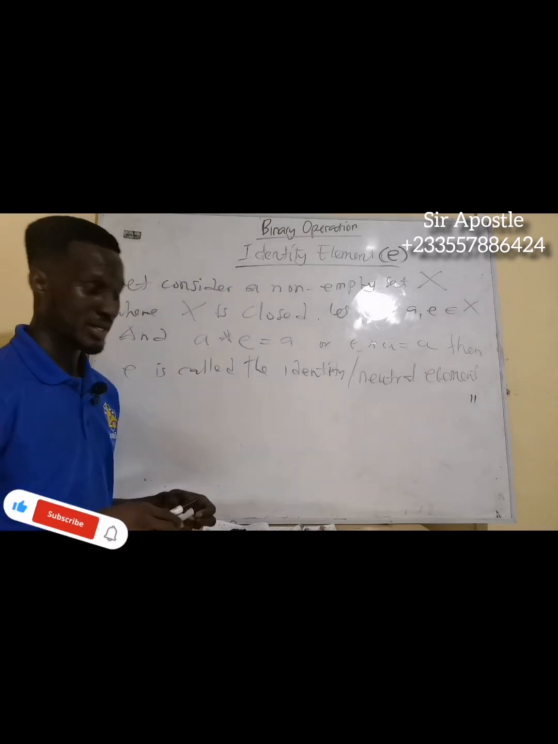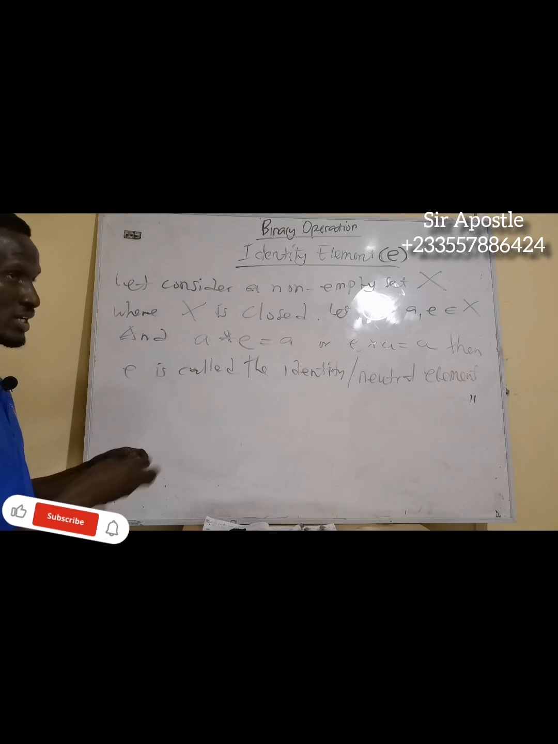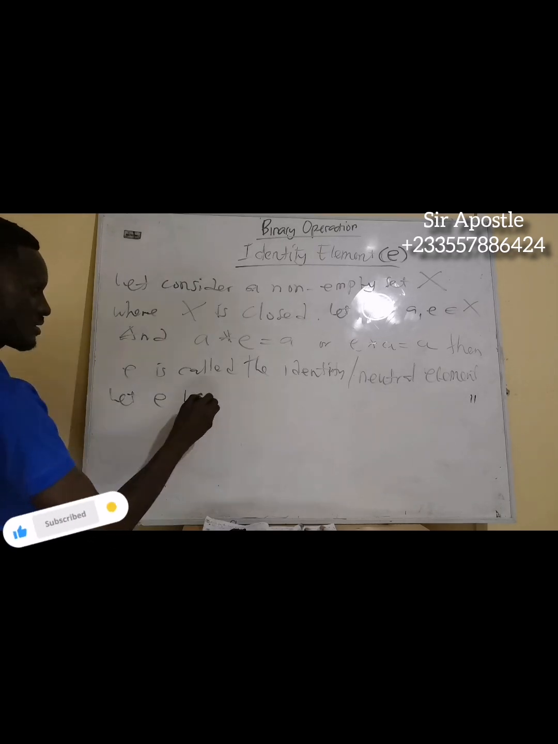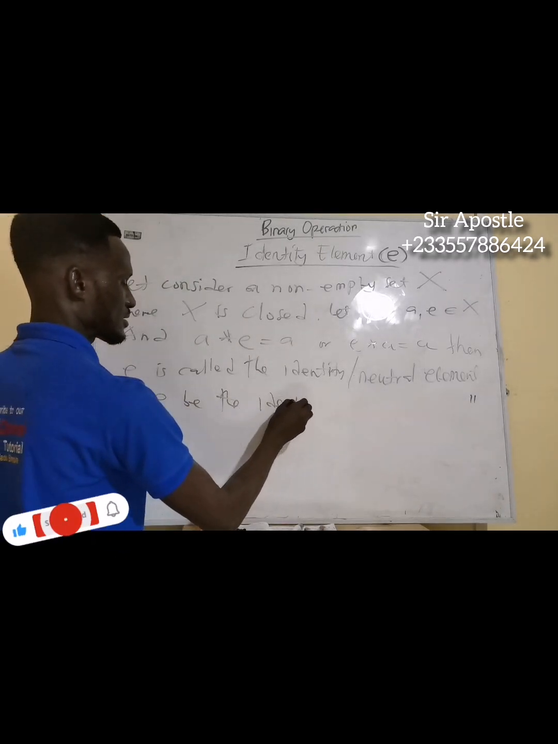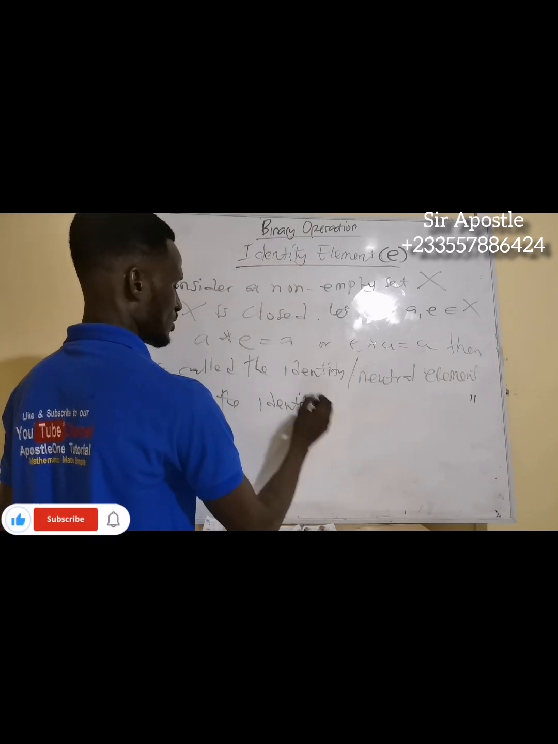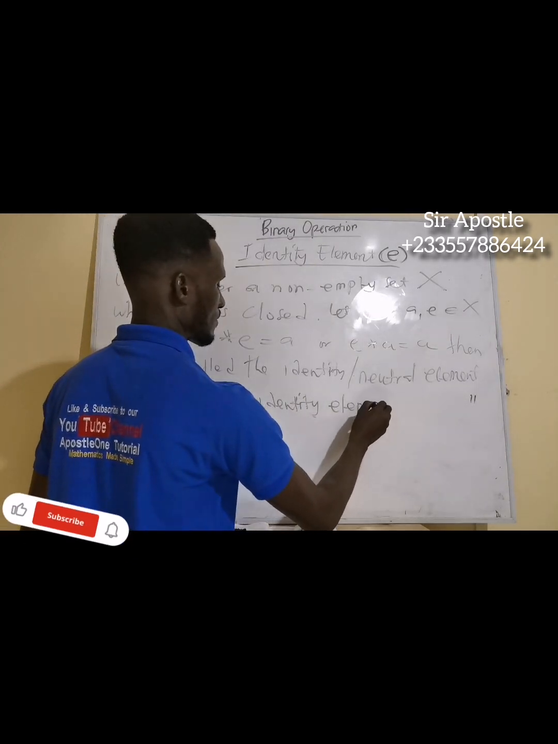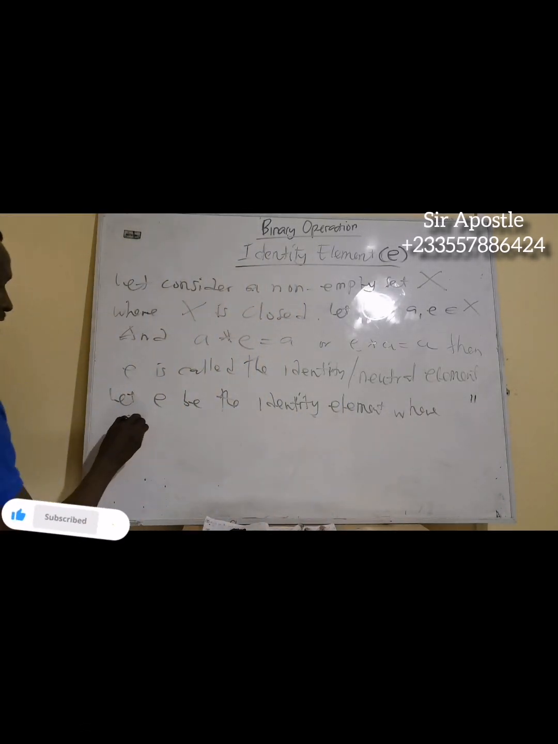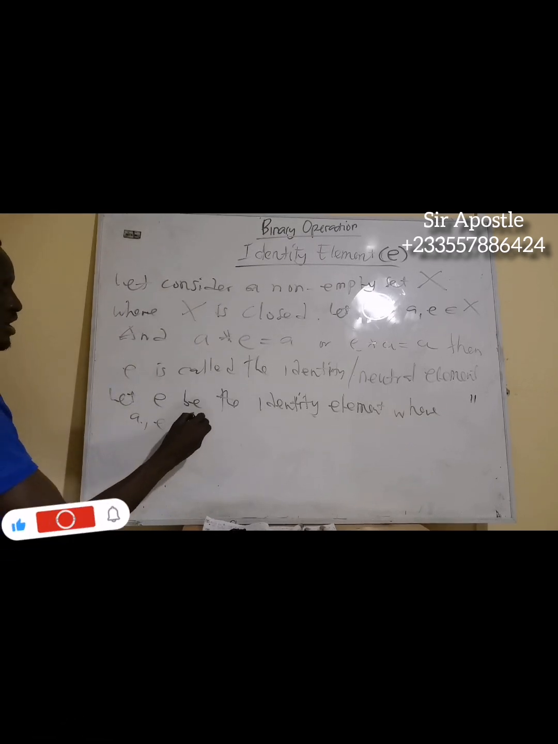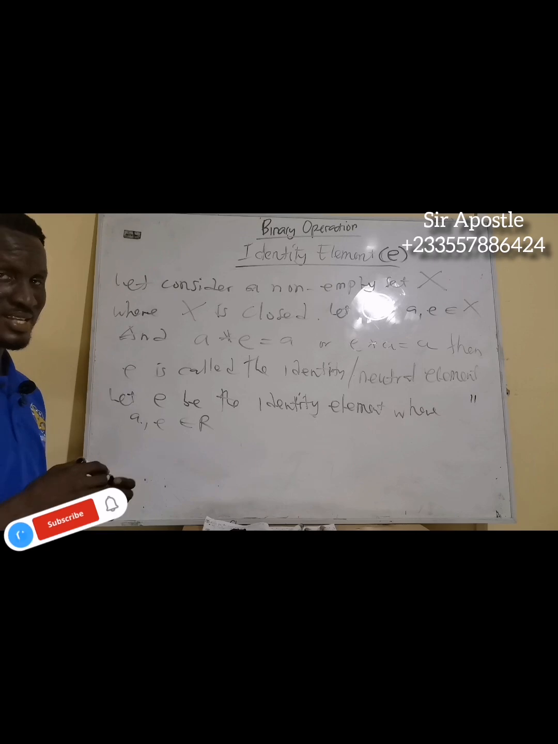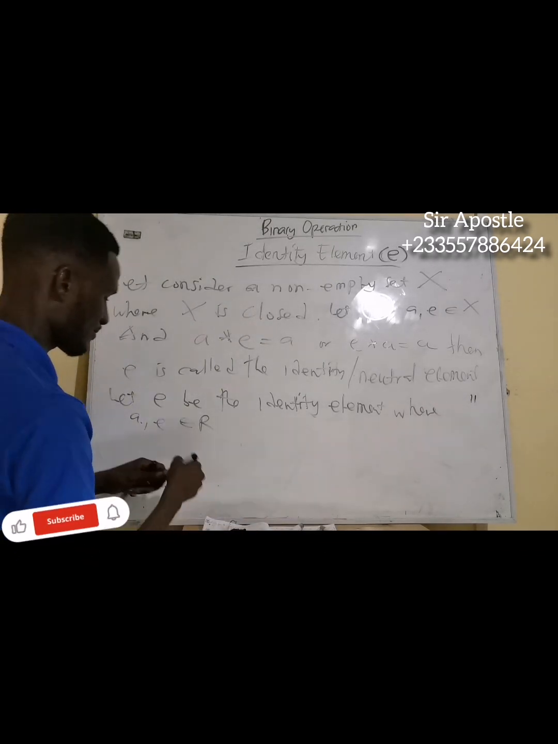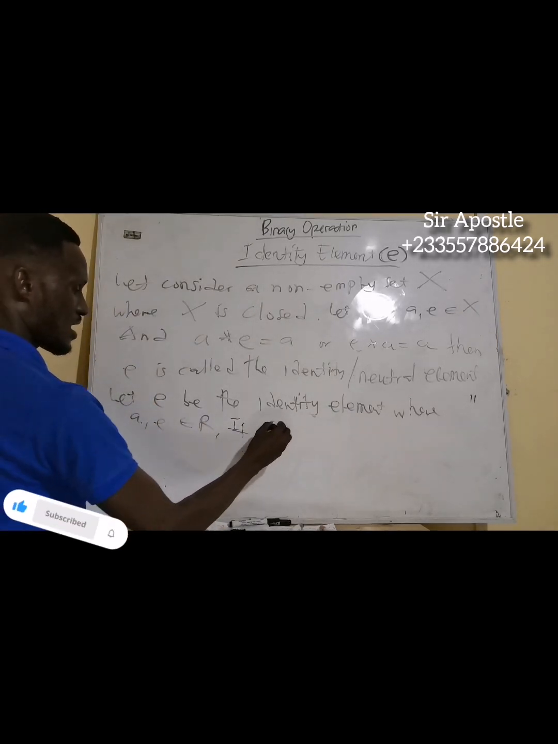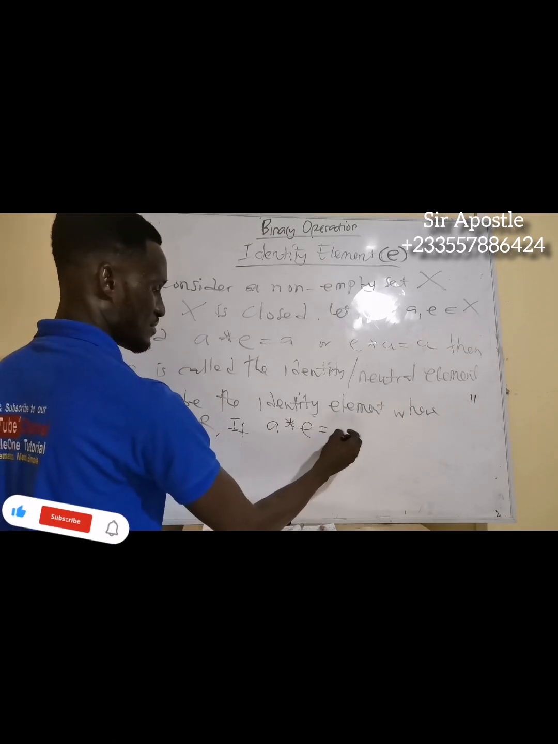Let me define this one in terms of real numbers. Let A be the identity element, where A and E, I'm using just A and E, all of them belong to R. What is R? R is the real numbers. I'm defining. Now, if A operation E is giving me A,